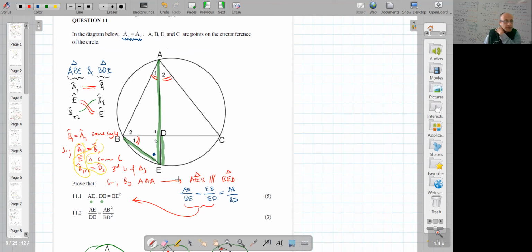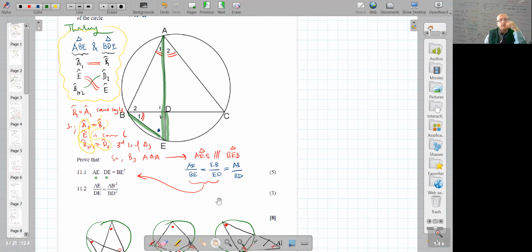Okay, so basically the beginning part is kind of thinking about what angles could be equal, how can we write the similarity. So we can just say it's our thinking, and then we write what is necessary to show this, to solve this question. All right, and then the last one here,